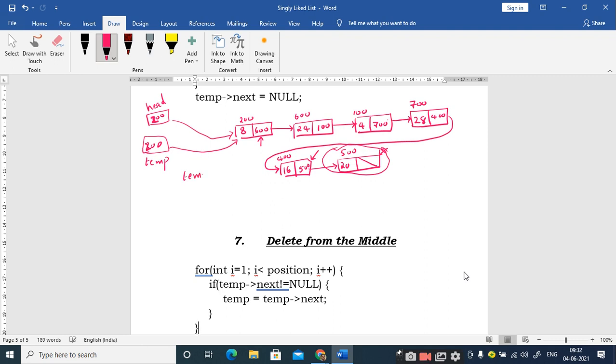So this is how I get it. If I add another next like this, is it valid or not? Yes, sir, this is also valid. So temp next is 600, so temp is pointing to the node created at 600. So temp next next means this one, 100. Am I right or not?